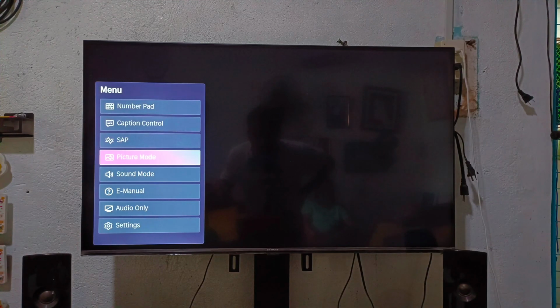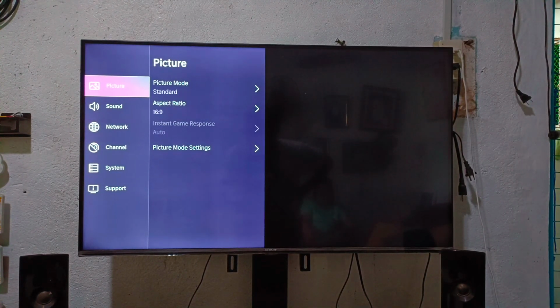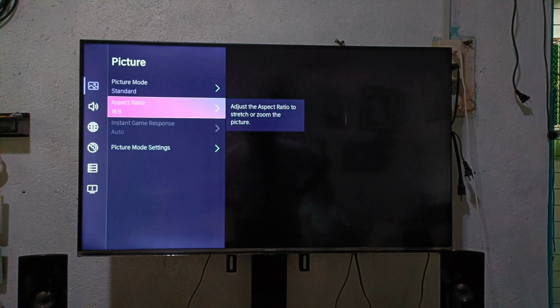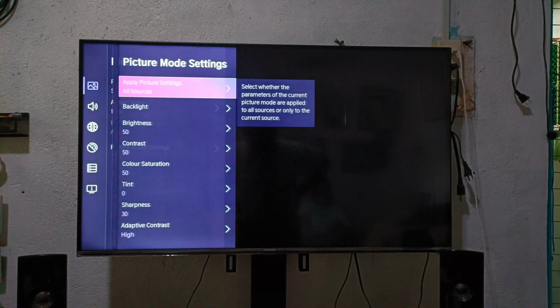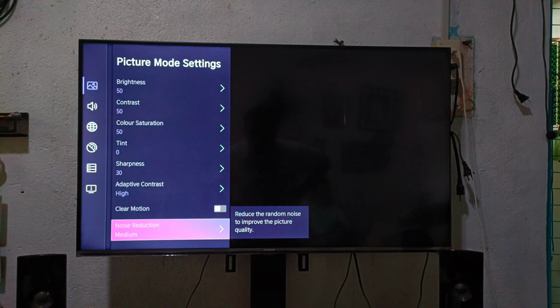Okay guys, here, go to settings. In settings, go to picture. In picture, go to picture mode settings. Here in picture mode settings, scroll down and go to